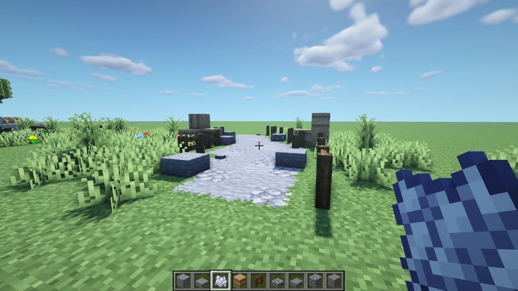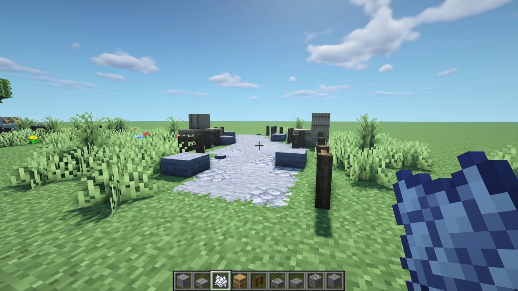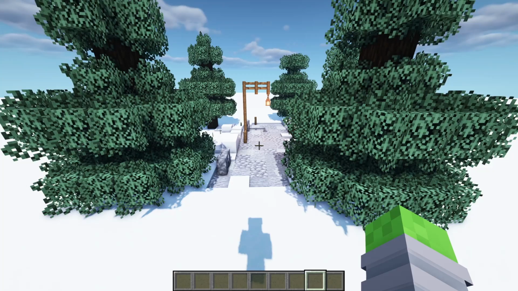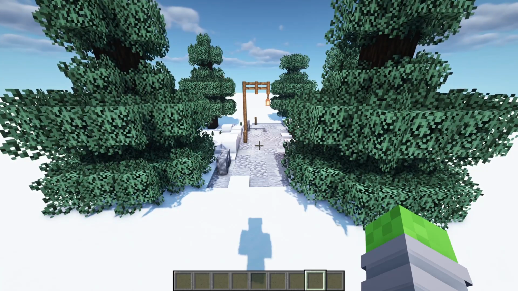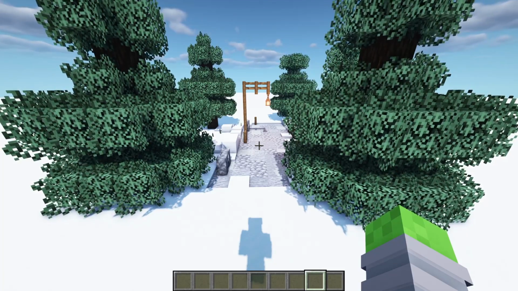Now we're going to move over to another world where we have a snow biome, and that will be the last path that we cover in today's video. And last but certainly not least, we have our snow path. This is a relatively simple path,